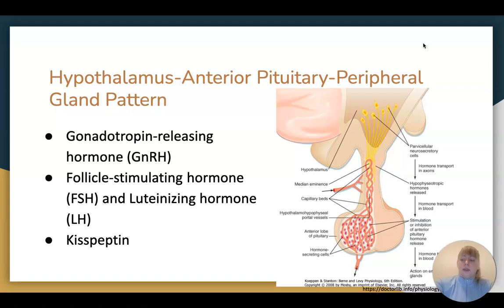Ovaries secrete peptide hormones that feed back to act directly on the pituitary. Inhibins inhibit FSH secretion and related peptides, and activins stimulate FSH secretion. Activins also promote oocyte maturation and development of the embryonic nervous system. On the right, you will see an image that shows the hypothalamus connecting to both the anterior and the posterior pituitary. You can see how the hormones would be able to travel down and all interact together.